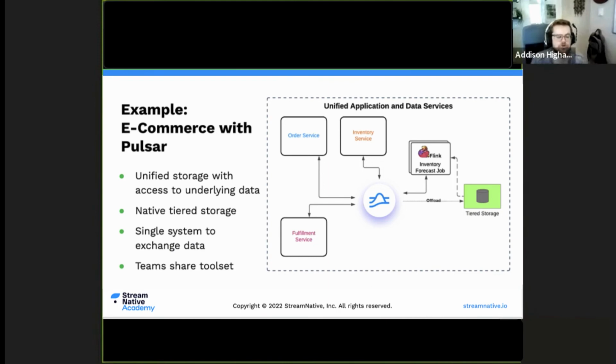So it allows us to have our application domains and data domain use a single system and a more shared tool set. And once again, this is really the vision, the goal of Pulsar: to simplify architectures by having one system that can provide more capabilities. It makes it easier to interchange and exchange data and really serve as a centralized system for a lot of that complexity that may be spread across multiple systems in other organizations with different technologies.